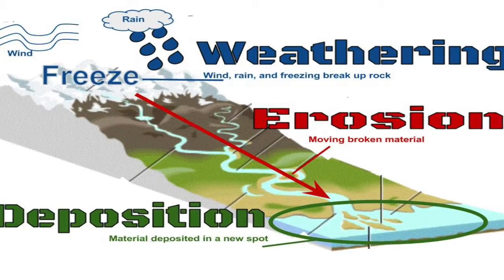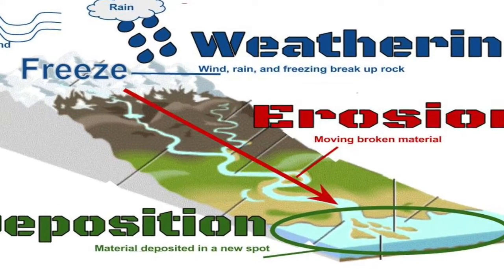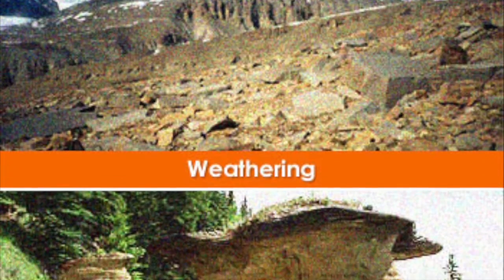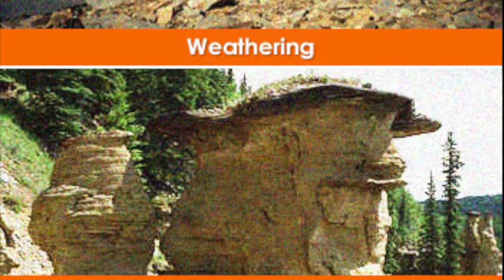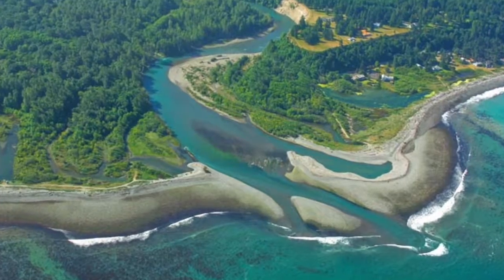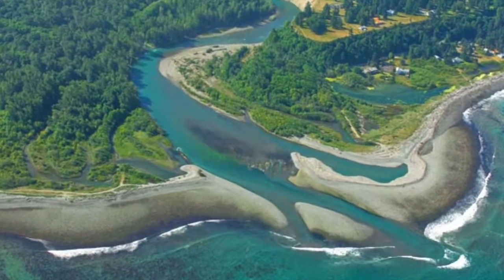Erosion and deposition occur after weathering. Erosion is the removal of rock fragments from an ecosystem, which usually happens when rivers pick up pieces of rock, while deposition is where the pieces of rock end up after being carried down a river.